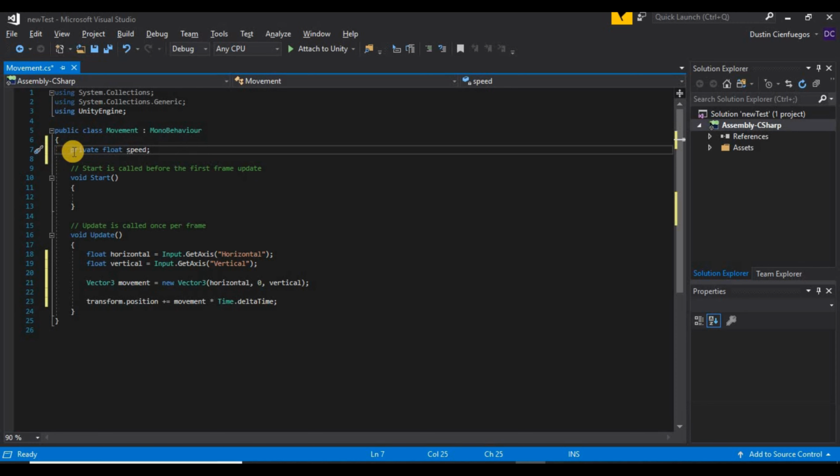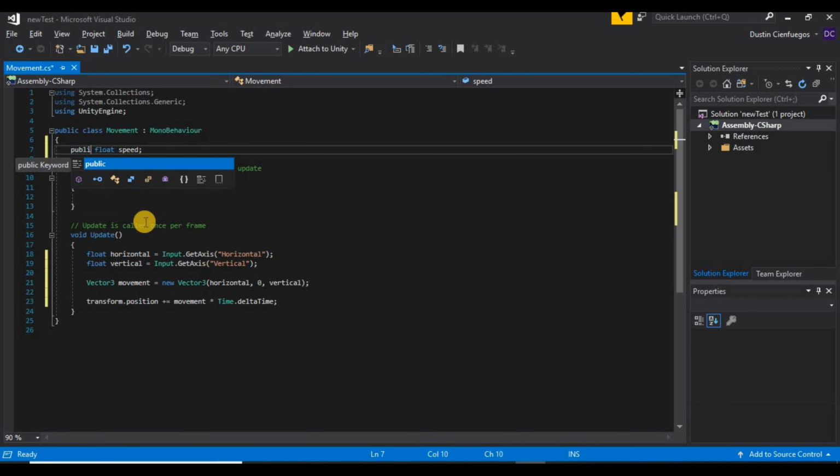We can either do private or public like this. The difference is public is going to make it so that any script can pull this variable from wherever. Private will make it so that it can only be used within this script,